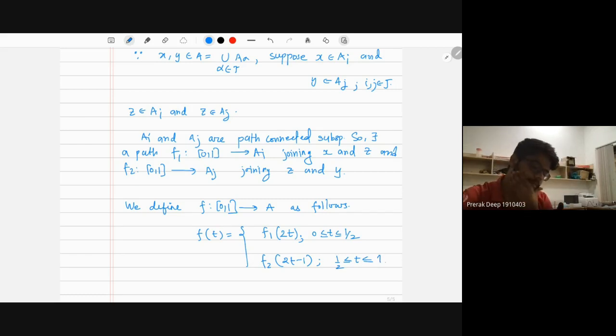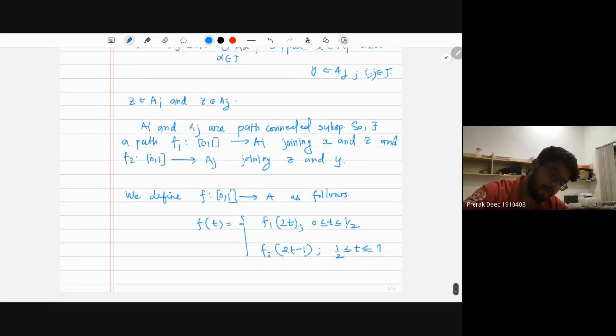Why have I defined 2t and 2t minus 1? Just to keep the parameterization intact. For example, when t is equal to 0, you will get f1 of 0. When t is equal to half, you get f1 of 1, which is z, and f2 of 0, which is also z. And now by the gluing lemma,